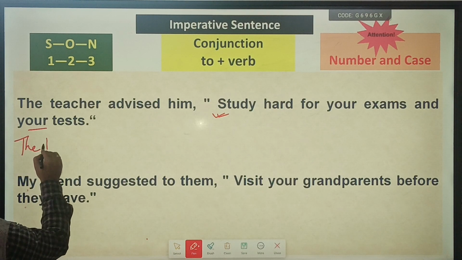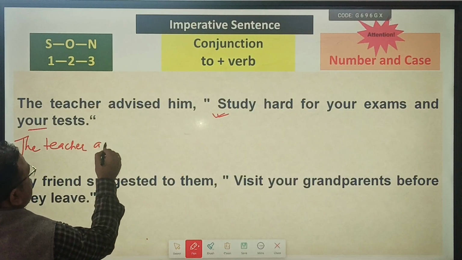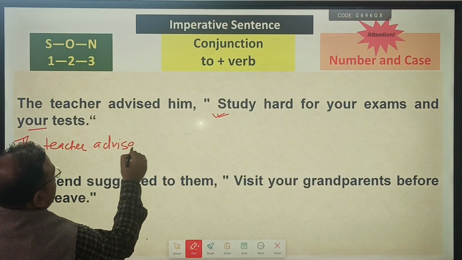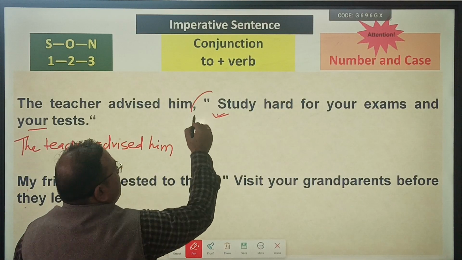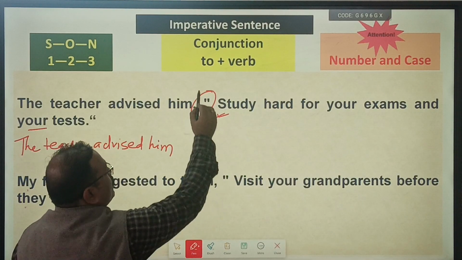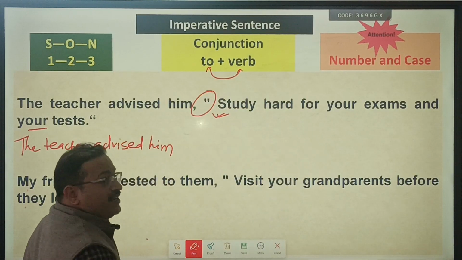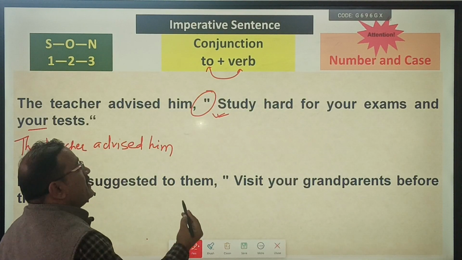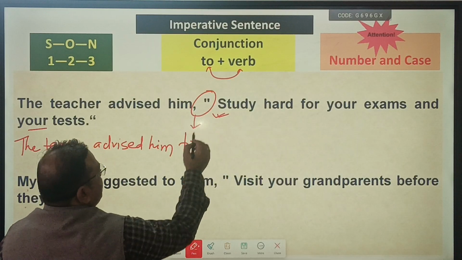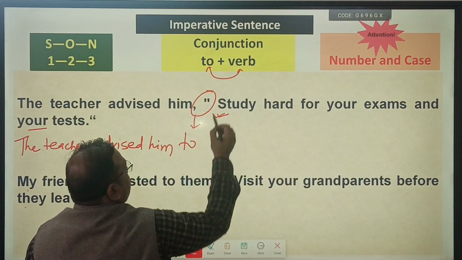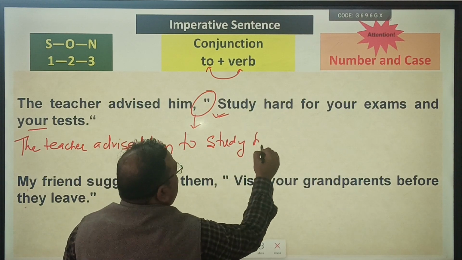The teacher advised him. Okay. In place of inverted comma, what we have to use? To plus verb, when the reported speech is in imperative form. So to. In place of inverted comma, to. After to, what? Verb. So to study hard